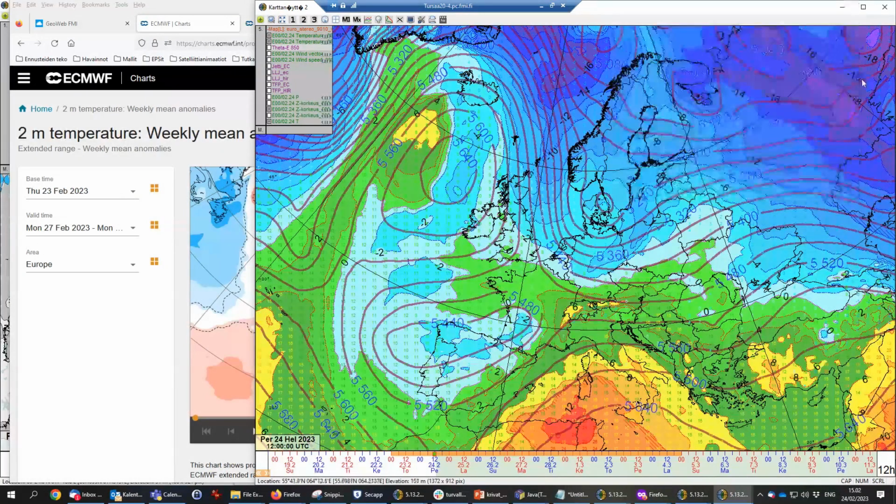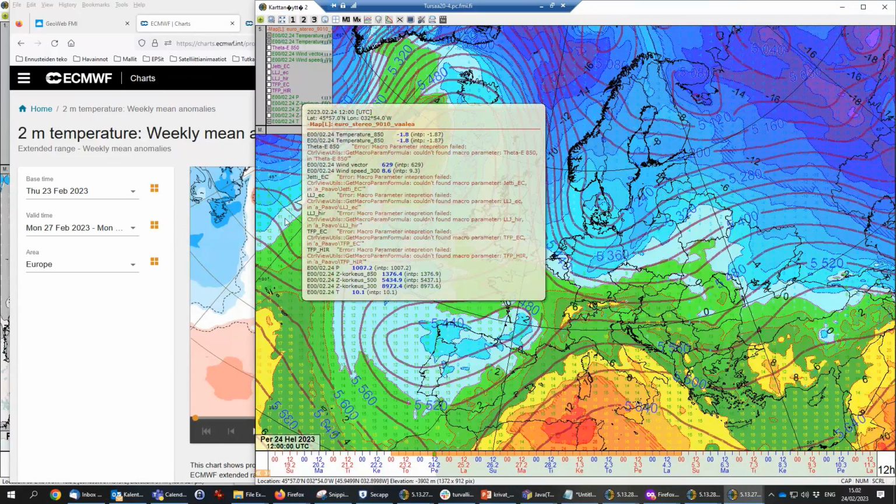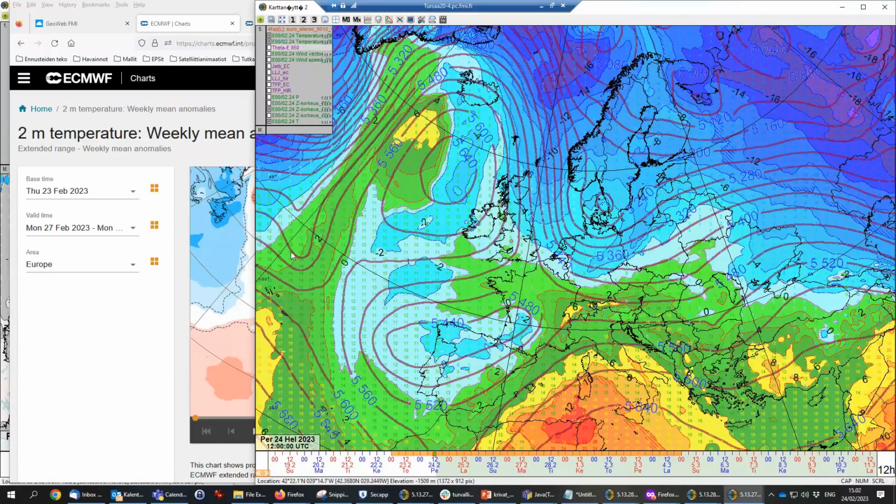And then there's a contour of isobars, or actually the 500 hectopascal height. So here we see at the moment, 12 UTC today, that there's